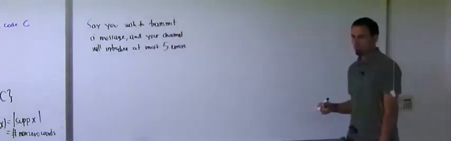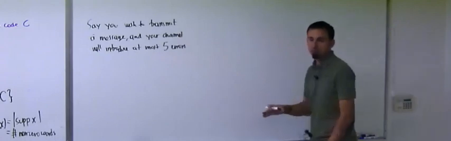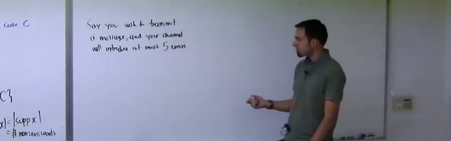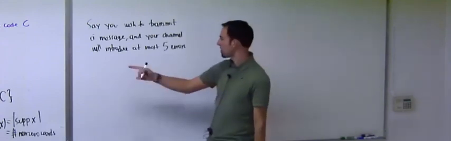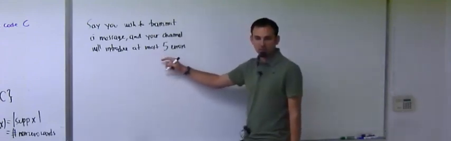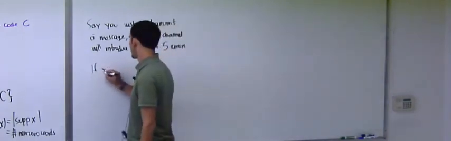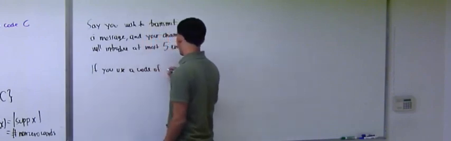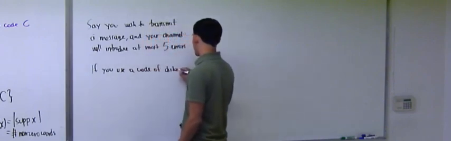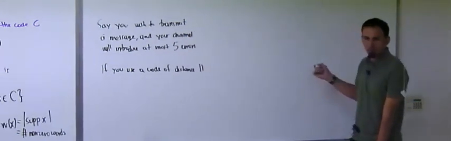Okay. So you somehow researched how this channel introduces errors, and you found that it's going to introduce at most 5 of them. The point is, now what you want to do is, if you manage to find a code of distance 11, then you're going to be all set. If you use a code of distance 11, then you're not going to have a problem, because